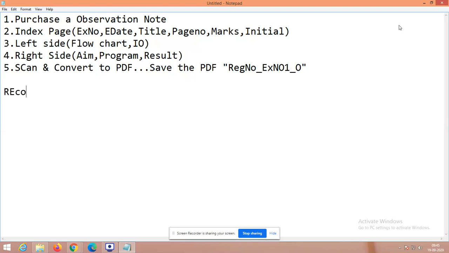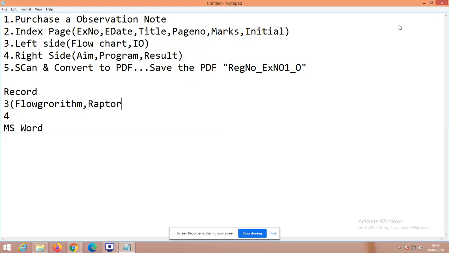Regarding your record, once you have completed this, you have to do the same thing, that is 3 and 4 in the observation section. What you did, the same thing you have to do in MS Word. So here 3 and 4. You can use any tools like Flogorithm to generate your flowchart automatically, or you can use MS Word also. Try these tools.